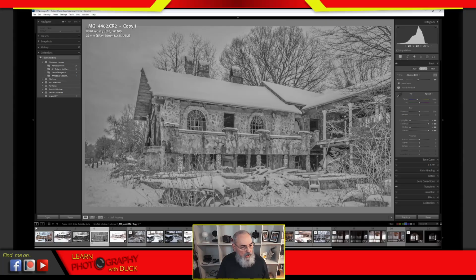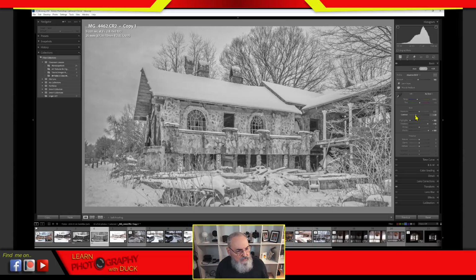Or we can say, okay, well, I kind of like the high points and the low points on this. I might want to, in this case, maybe bring my whites a little bit more up. Okay. Maybe, I think I like where the blacks are, but maybe bring the shadows down just a touch. Okay. And maybe add a little bit of contrast, or maybe actually reduce the contrast. I think would do a little bit more justice. Okay. And now, all right,